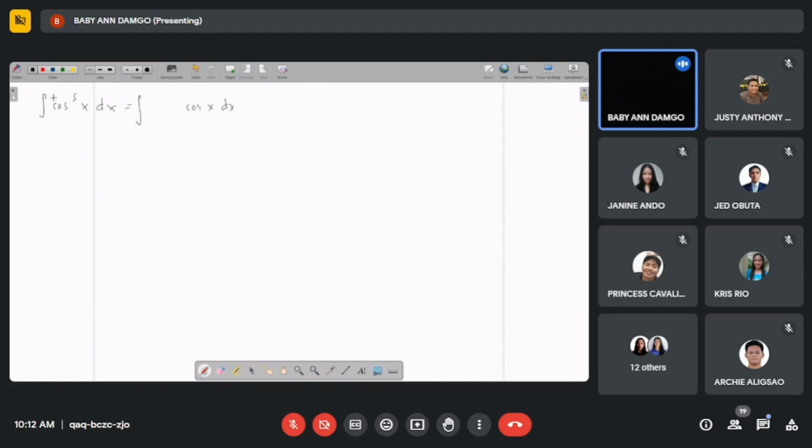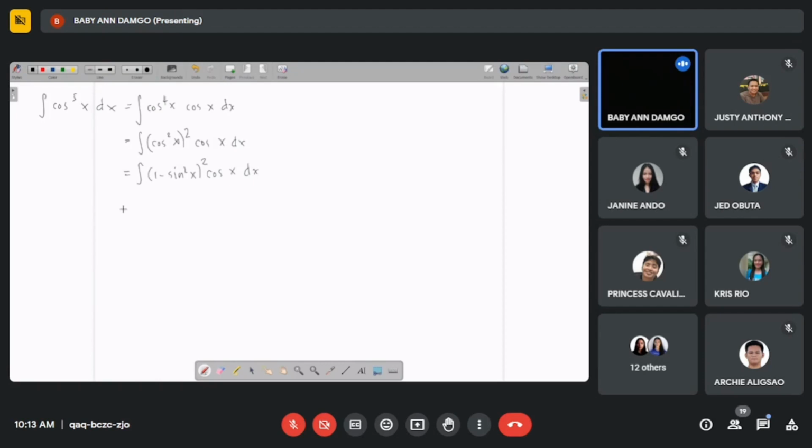And then, so ang mahabilin, i-convert siya into sine. So, we have cosine to the fourth x. So, this is cosine squared x to the power of 2 cosine x dx. Okay? So, cosine squared x is equal to 1 minus sine squared x to the power of 2 cosine x